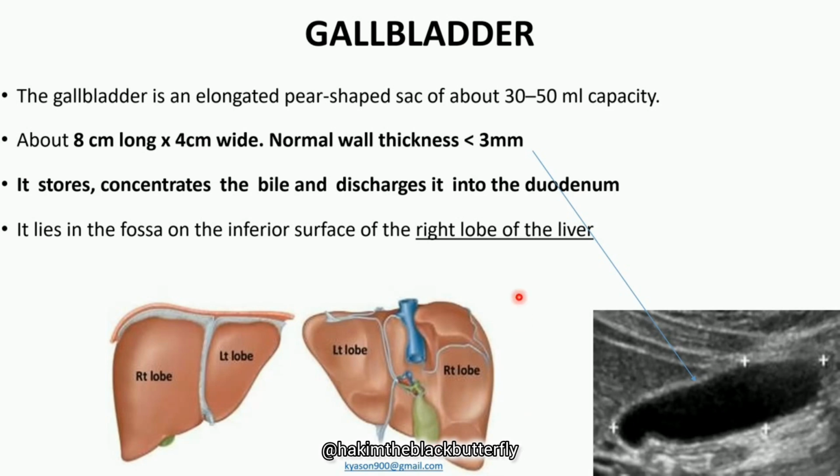Cholecystokinin or CCK, that hormone is going to be produced by the duodenum, and it's going to stimulate the wall of the gallbladder to contract to empty bile, or to allow bile to leave the gallbladder so that it can go through the cystic duct, then common bile duct towards the duodenum, so that this bile can help in